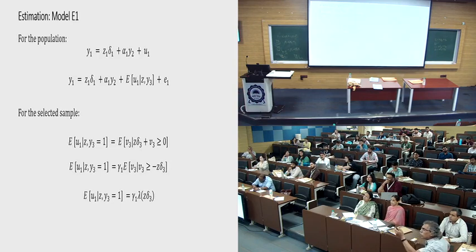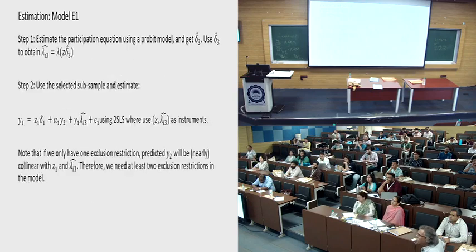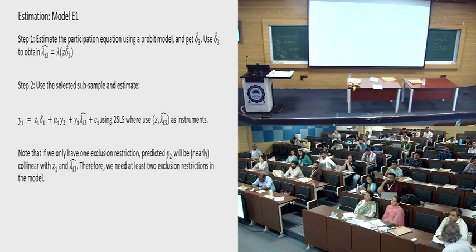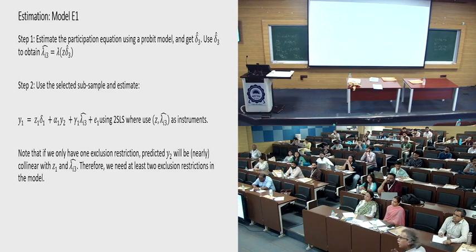So note, these are the model, substitute, we get finally up to this. And then how do I estimate? First, I estimate the participation equation, Y3. Recall, in the previous case, I did Y2. Now I do Y3. I get the inverse Mills ratio. Then I use the selected subsample,